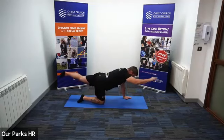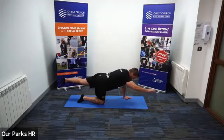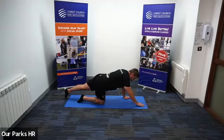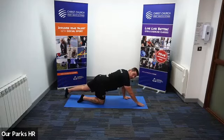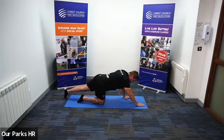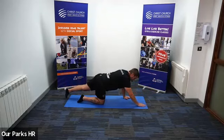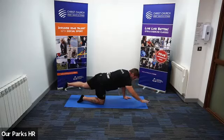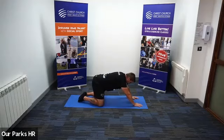We're going to lift and lower. 1. Lift and lower. 2. Lift and lower. 3. Lift and lower. 4. Amazing balance. Good. Lift and lower. 5. Last one. Lift and lower. 6. Good. Okay, open the knees and then take the hands forward and take the hips back and